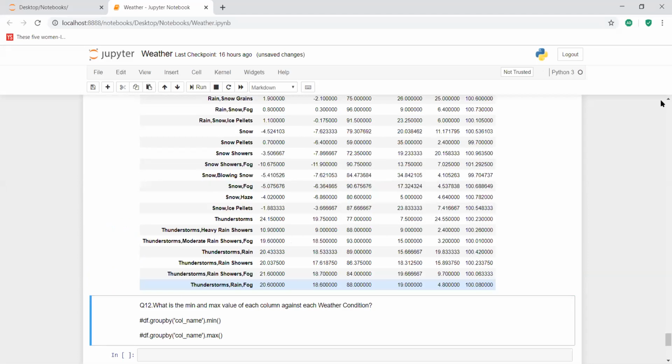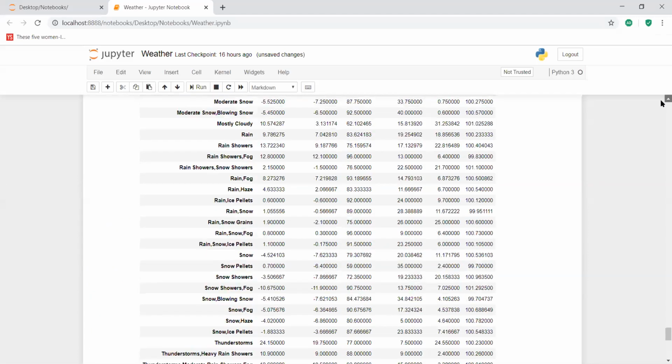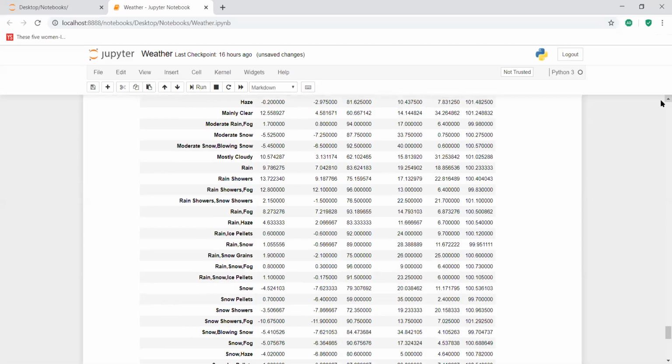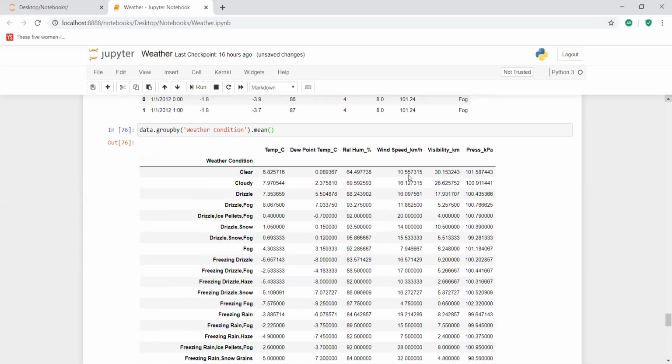See, so here we have calculated. You just have a look at the data frame. So this is the resultant. You see here, weather condition clear, right? Clear is a weather condition. You don't think that clear is present only once; clear contains so many occurrences, we have seen earlier. Fog also contains so many occurrences.